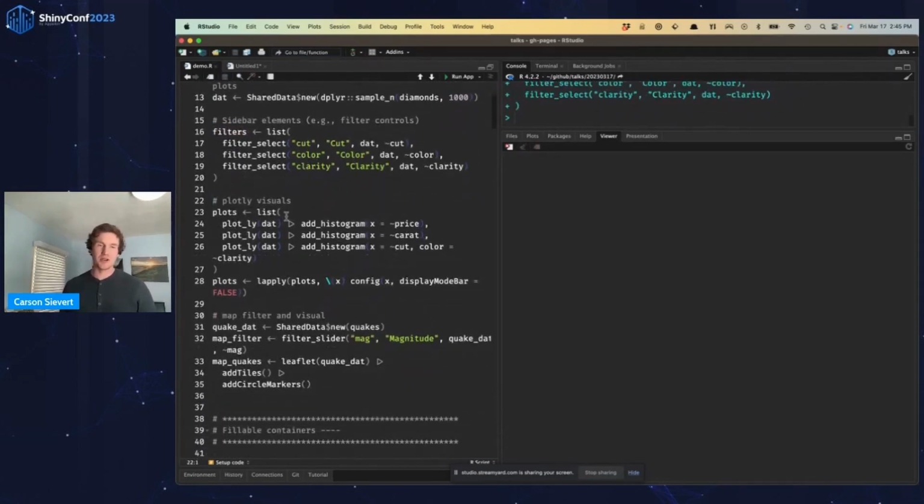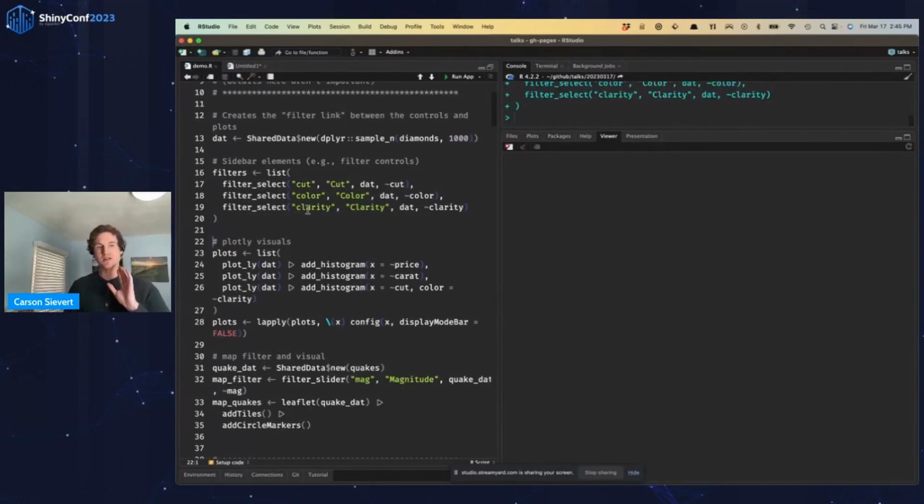I'm also going to create a list of Plotly visuals. And all of these, those filter controls and the plots, are going to be using this diamonds data set. So I'm going to be able to drill down on diamond cut, color, and clarity. And then I'm also going to be able to get histograms of the diamond price and the diamond carats, as well as counts by cut and clarity.